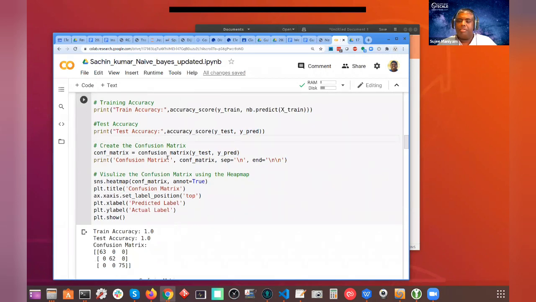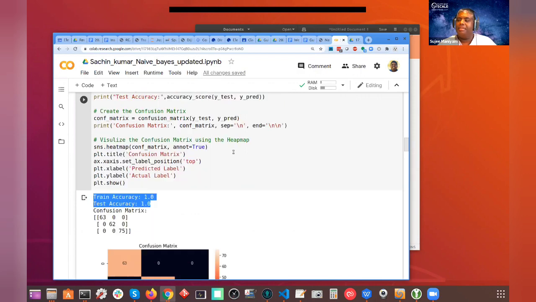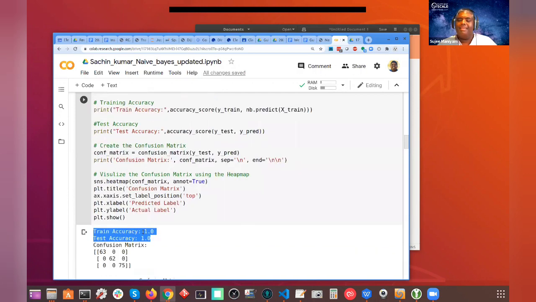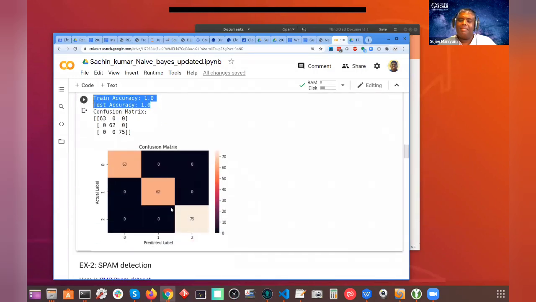And then calculating the confusion matrix. So look at the confusion matrix. This is interesting. We are getting pretty much accuracy 1. That's intriguing. Okay, accuracy score, y train, y predict. Yep, gotcha. y test, y predict. So we're getting almost 100% accuracy. Let me see here. Yeah, it should be fairly close. There you go. Look at the matrix, the perfect matrix.